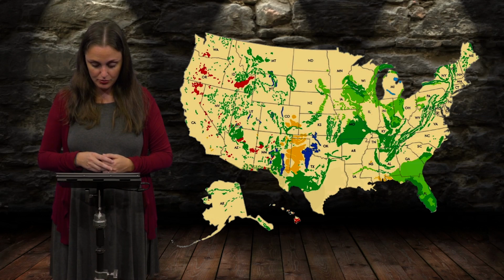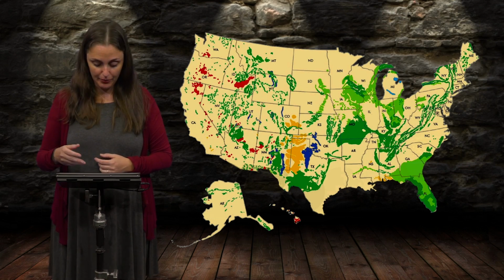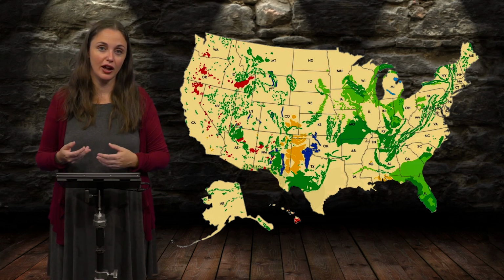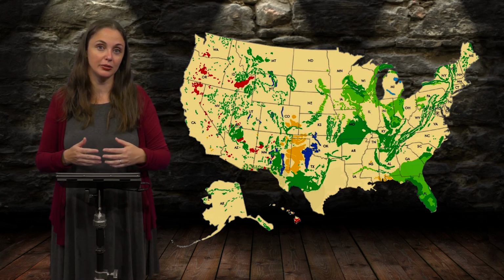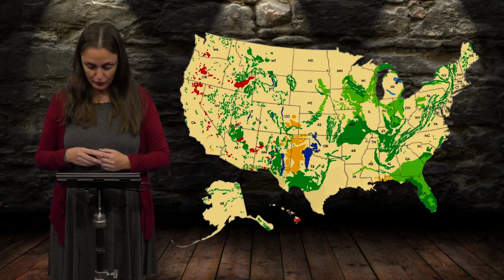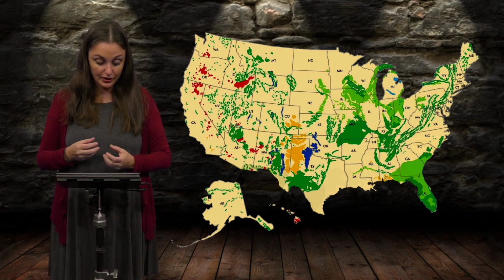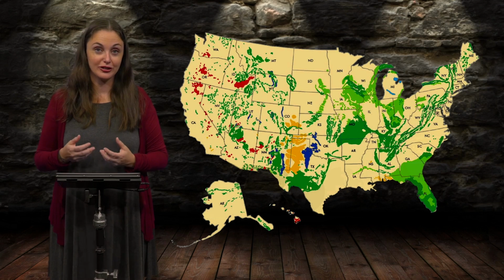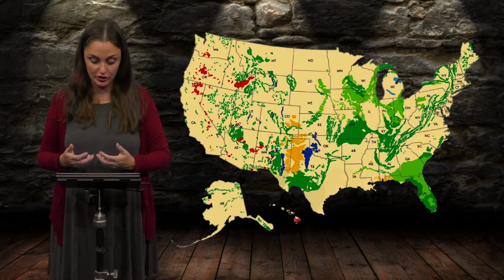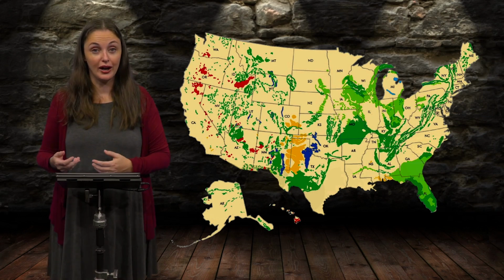Northern Arkansas, southern Missouri, places like West Texas, and then isolated places throughout the Appalachian Mountains and the Rocky Mountains, all dealing with these folded layers of limestone that exist with other types of sedimentary rock. Now, you have other types of karst features that are mainly things like abandoned lava tubes and unconsolidated material where you have some karst-like features. Those are all pictured in red and yellow here. But as you can see, most karst features in the United States and worldwide are going to be dealing with